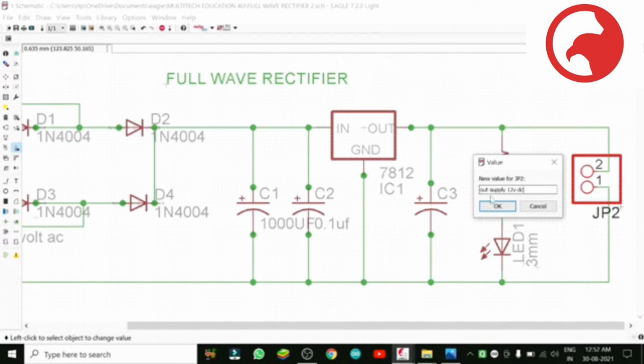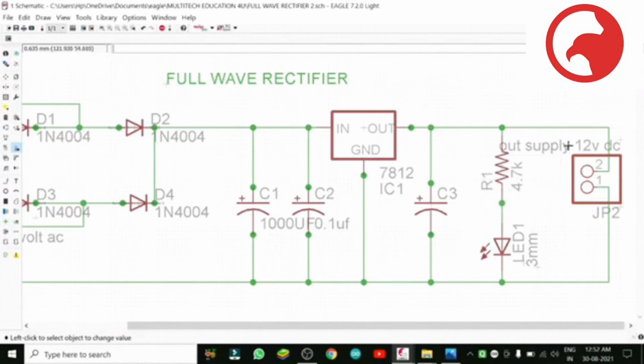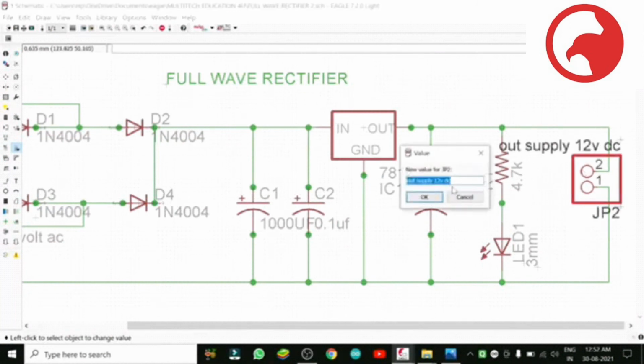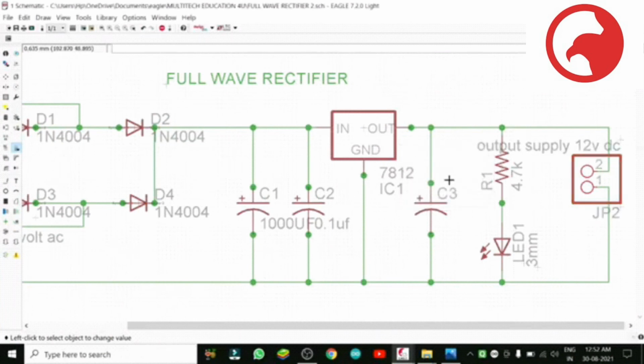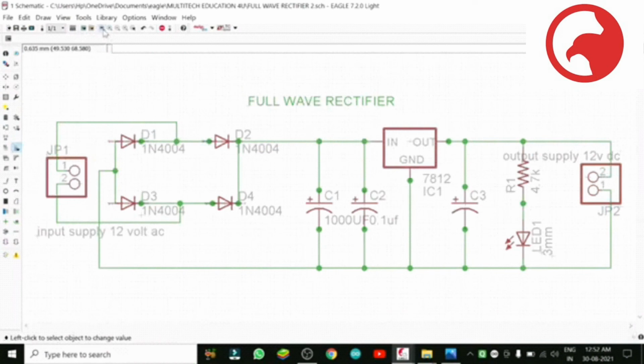So our schematic is near about complete and ready to bring it to the board file by selecting board from the top. Now I think we can save it.